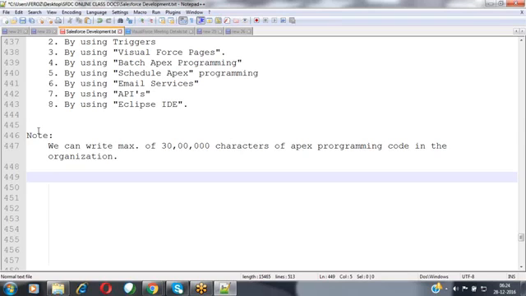So at that time, what can we do here? If I'm using the free developer edition, then what can we do? If I'm using the unlimited edition, then what can we do here? If it is a free developer edition, there is no chance of extension. We are not getting any extensions from the Salesforce side, because Salesforce has given that limitation to you. So why have they given these 30 lakhs characters? Why can't we write our own number of lines of code? Why can't we write an unlimited number of characters?